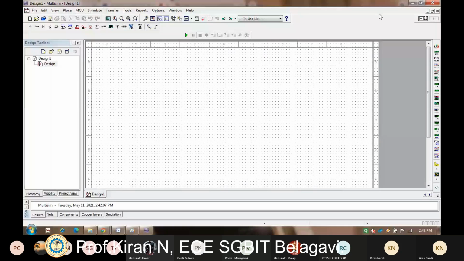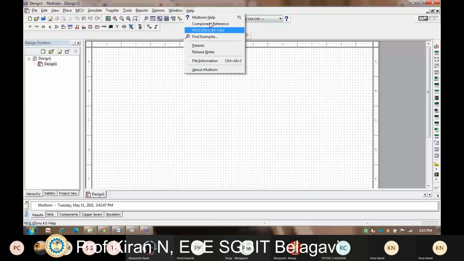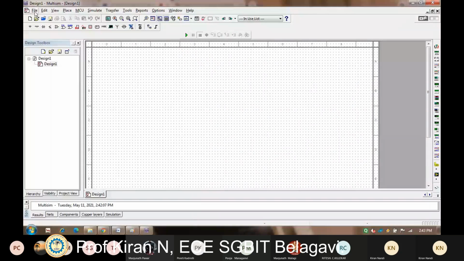So this is a tool bar. Anything you need help with, you can go to help and check about the Multisim tool here. Okay, so this is the help menu which is available for any information you need for implementing the circuit diagram.